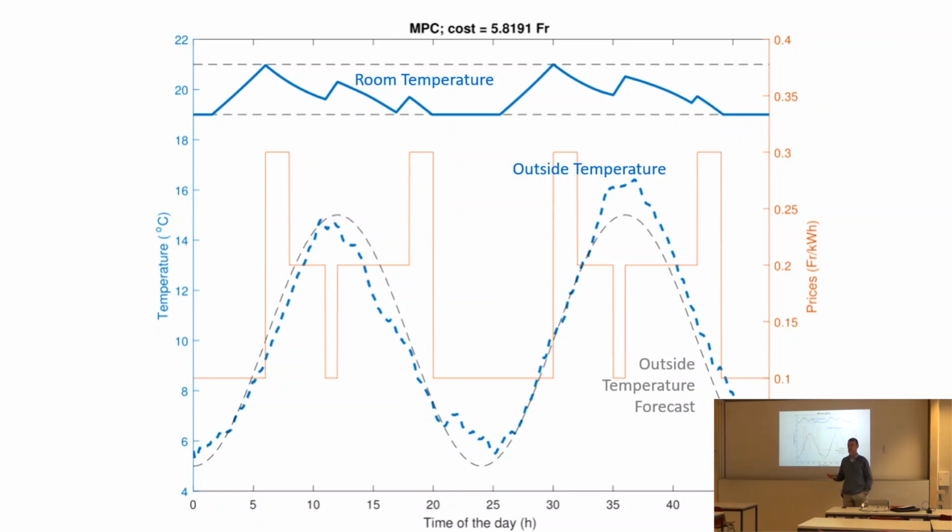One way to handle this is to have reserves, gas-powered stations that will compensate for the loss, such that we can follow exactly the load. But another way is to orientate the load to use more when it's available here. For example, if there's a lot of sunshine at noon, you would like that people use more of their energy at noon for heating the houses or for charging their car than at another point of the day. That's the topic of demand response that we will discuss in more detail